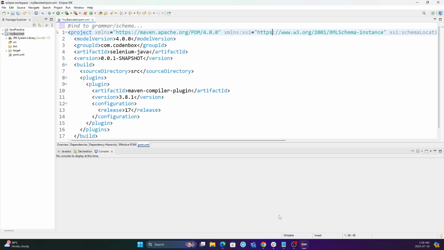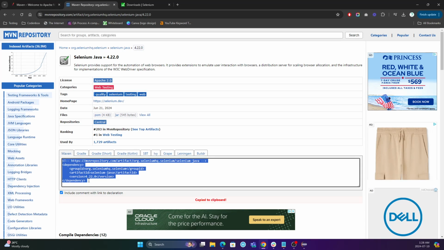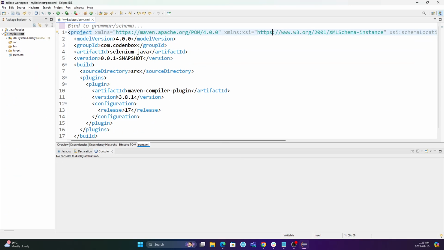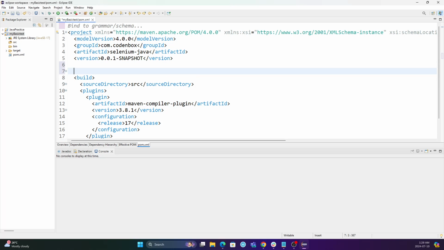So let's get back to our Selenium Maven repository. Here is the code related to the dependency for Selenium, right? Selenium Java. So instead of, as I said, downloading the jar file and injecting it into your project, we can use just those 4 lines of code. So now where we're going to write this code, here you will see the build. We're going to type here